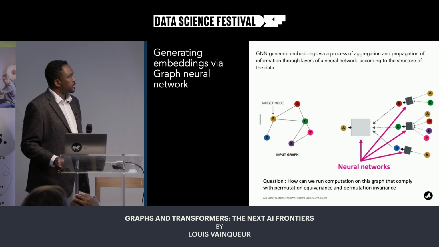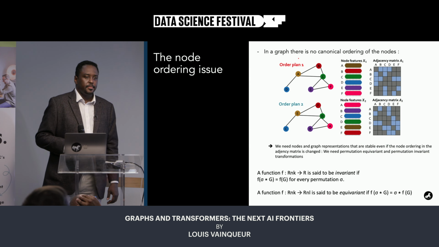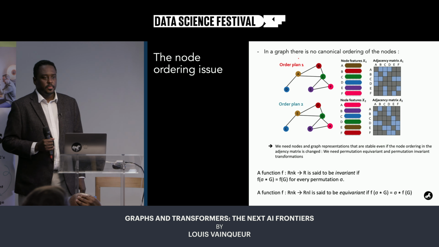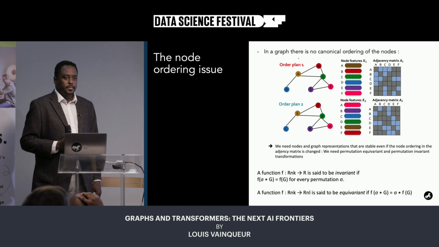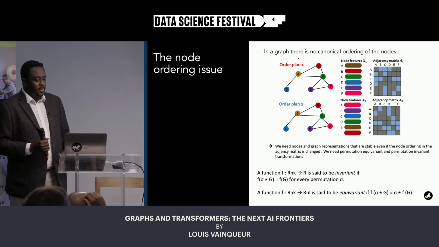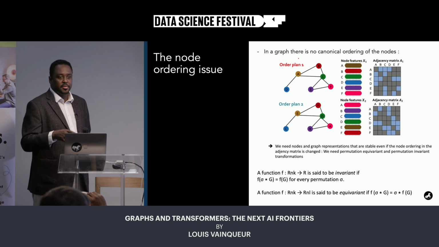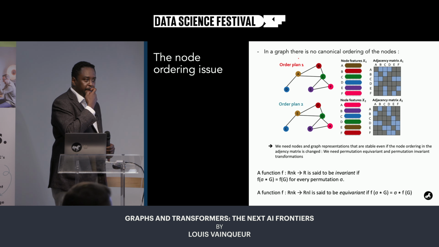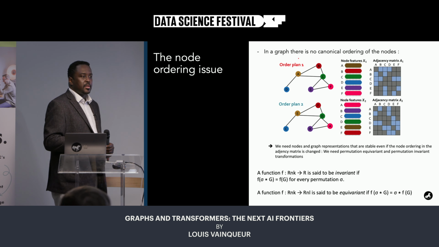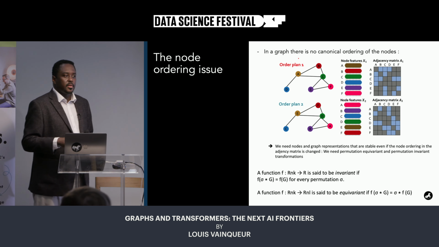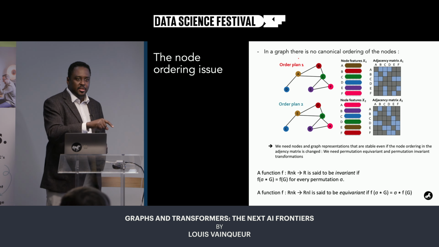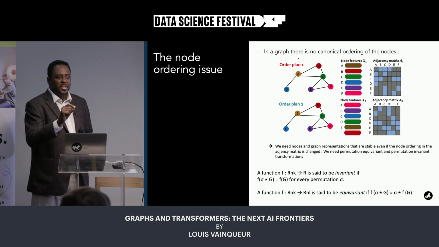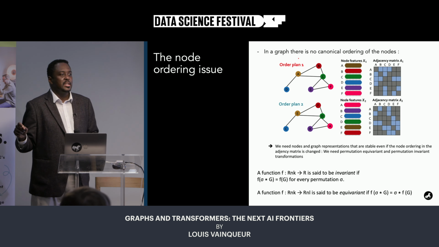Sorry, just on that last point. When you encode the graph from the spatial domain into this n-dimensional matrix, and let's say you do move the node around in space, would that change the encoding? No, it shouldn't. That's precisely the objective. But the node doesn't live in any space. It's just visual representation we have here. There's no distance between nodes, or like one is above the other. If you change the distance, you might have a different result. But if you change the labeling, you shouldn't have any difference.